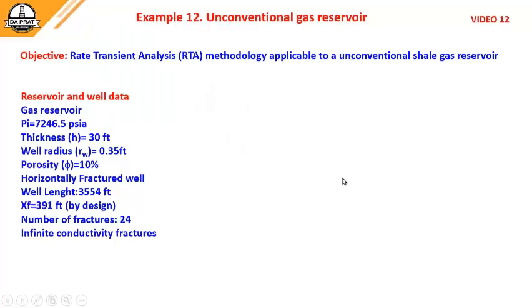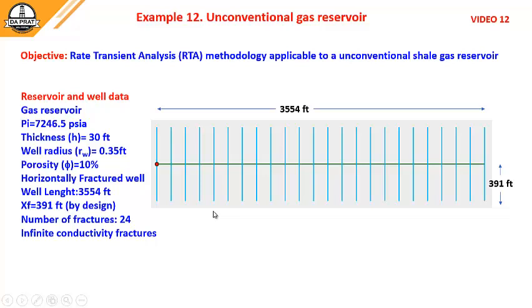Okay, example 12 deals with an unconventional gas reservoir, and in this case we're going to present a rate transient analysis instead of pressure transient analysis methodology, which is commonly applicable to unconventional, in this case, shale gas reservoir. Here is the data, reservoir and well data, and this is the horizontal well